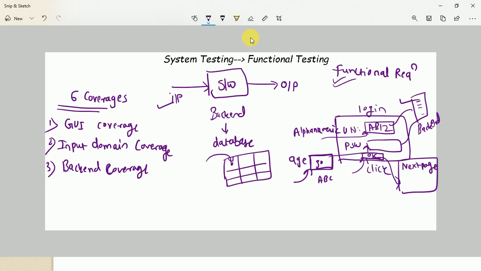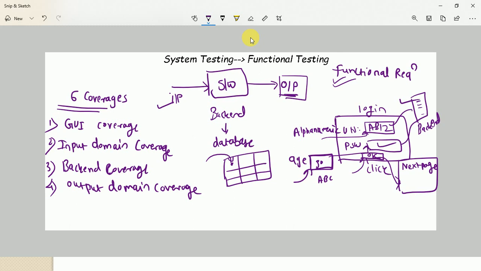Whenever data is processed, definitely you will get an output. If the data is processed correctly, that means if the data is valid, let's take the same example. Whenever you are passing a correct username and correct password in this login form, then only you will get to know the output, whether the next page opens or not. So this is the output we need to verify. How can we verify? Of course, we have a fourth important coverage for that, that is output domain coverage. So as per the input, as a tester, we need to verify and validate the output screen of the software application. That output can come in any way.